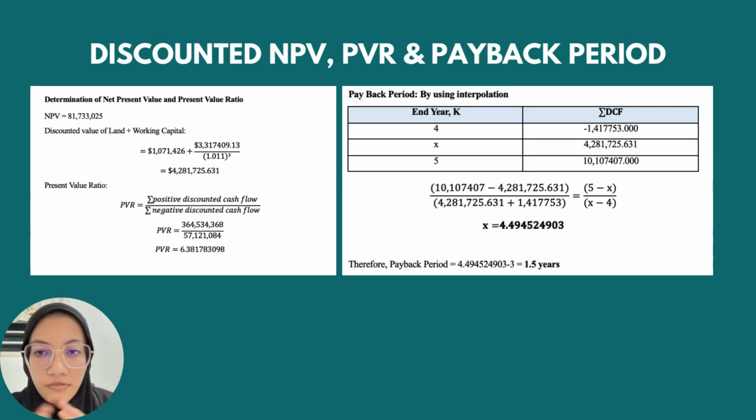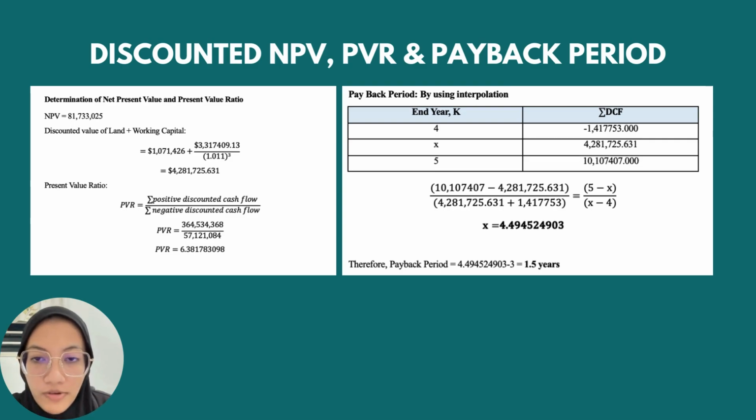The value of our land is $1,071,426, and then we add the value of working capital, our working capital cost, and then we got 4,281,725.631. And then based on that, we can find the present value ratio, which the formula is